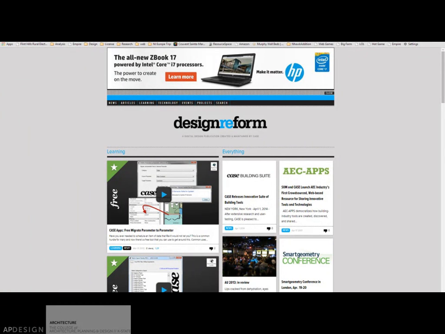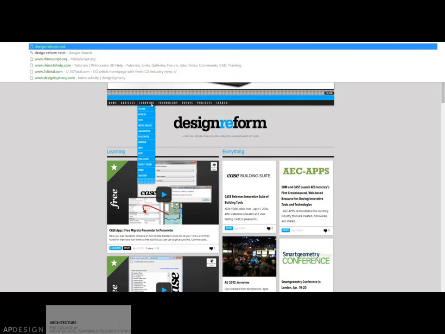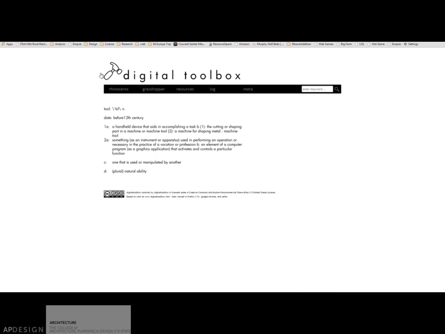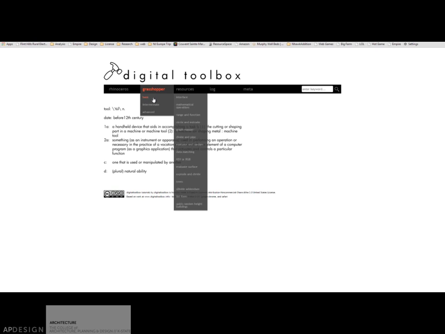Other sites that you might want to look at is designreform.net. You're going to find here that they cover a lot of things, from 3ds Max to CATIA, Grasshopper, Illustrator, all these kinds of things. It's very high end. It doesn't get into many of the basics, but once you've learned the basics and are growing in your knowledge of the various software, this is a great place, they're really cutting edge on how to use architectural software. Another place, it's a little bit outdated, but with a couple of modifiers you can really